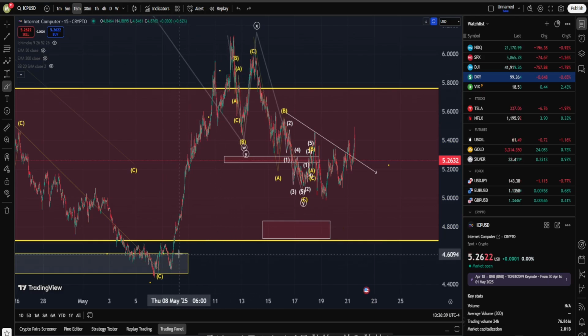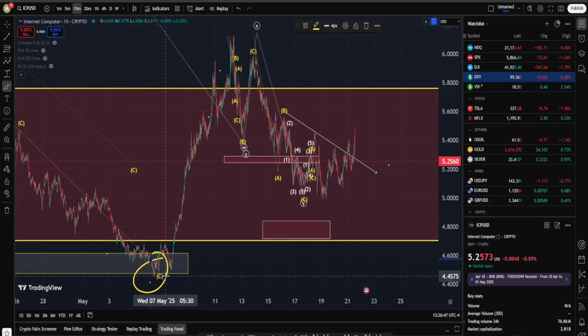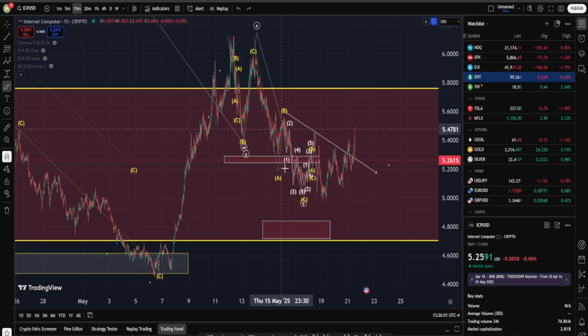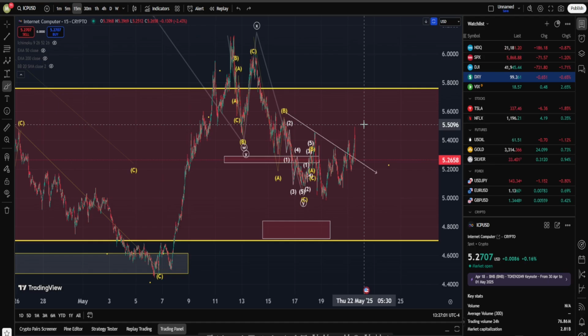Why? Because my invalidation point for the bullish scenario in Internet Computer is actually taking the lowest low down here about $4.4. As long as we are not taking this low, I don't think we should be pessimistic in here. From my point of view, the current structure can definitely be a correction, which means after it's over, hopefully we are going to see some massive moves on the upside in Internet Computer. And I hope I explained everything well and you understood what is going on in ICP's chart.